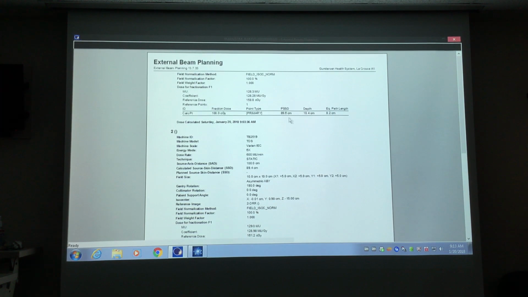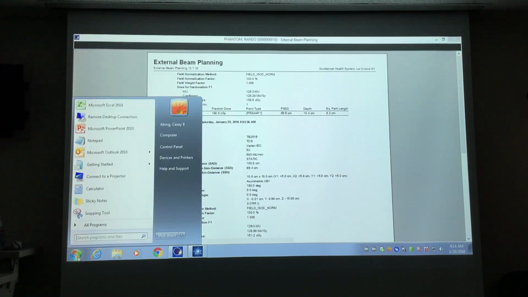These two are important. Number one, it tells you what the inverse square law is going to be. Remember, inverse square law is going to be source to calibration distance divided by source to point distance. Well, the source to point distance is found out by adding these two together. Because this is a homogeneous calculation, we're not going to worry about equivalent path length, even though it reports it regardless. So if you add the two of these, 89.6 and 10.4,